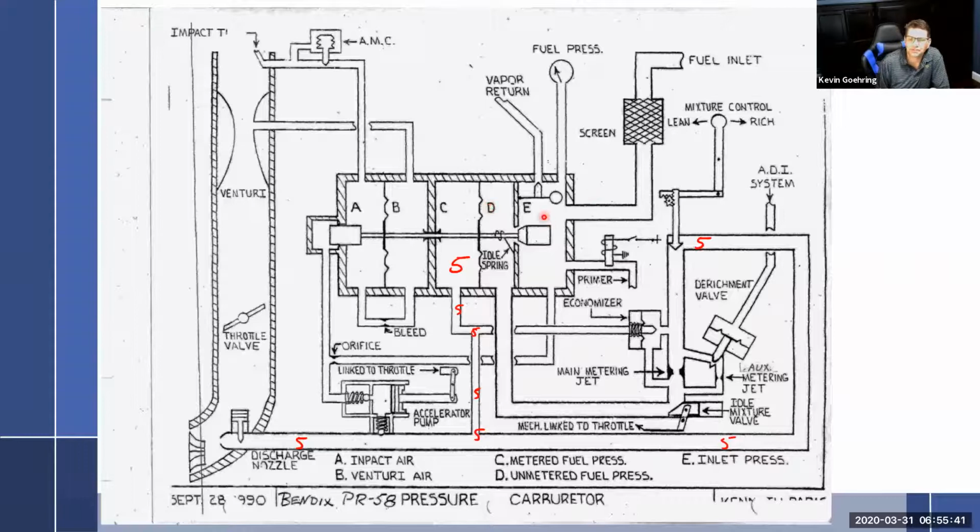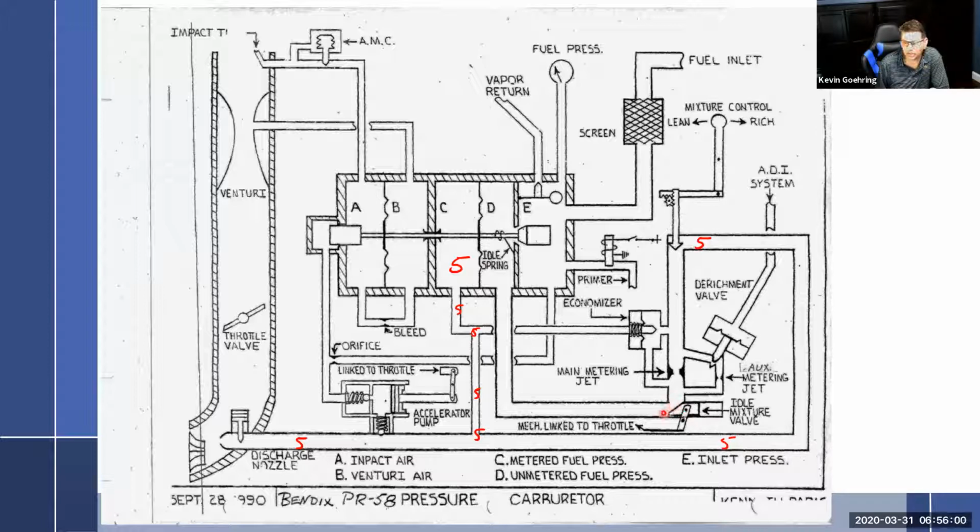Okay, so back to here. We know about our equilibrium. Fuel is going to come through here. If we're in idle, this right here is connected mechanically to the throttle. And so it's just a mechanical slider. If the throttle is all the way closed, then this is going to be most all the way closed.